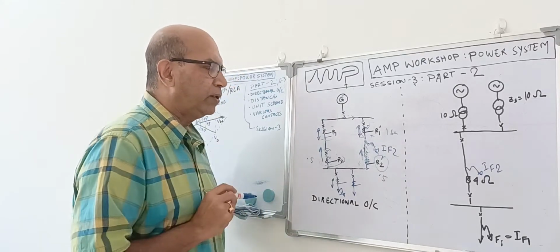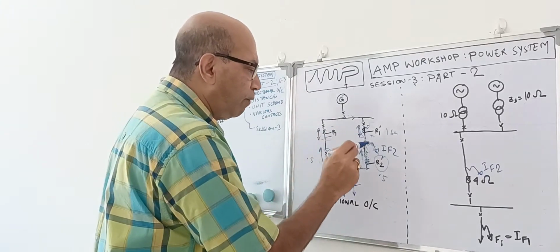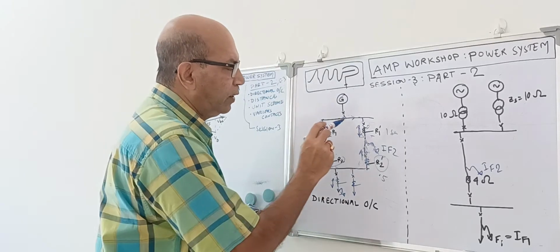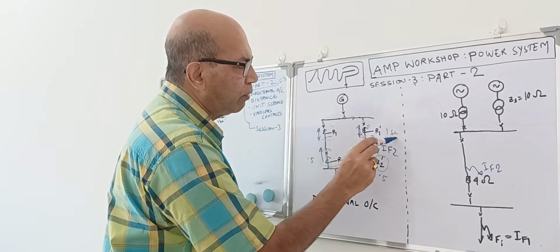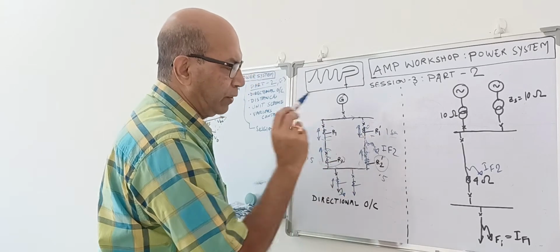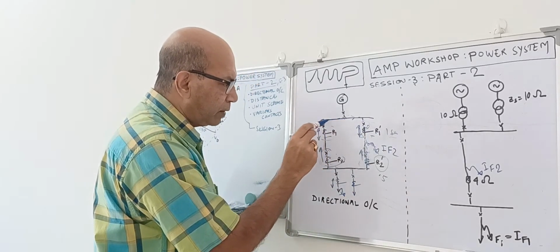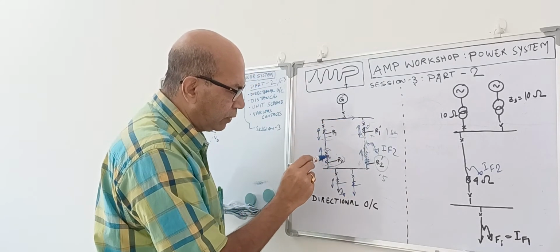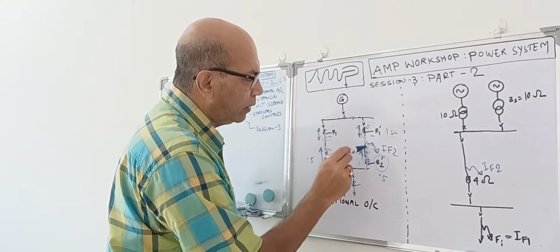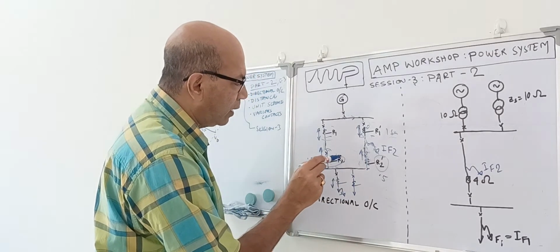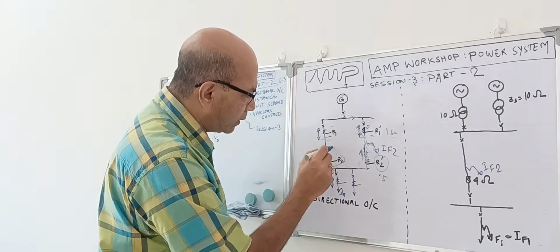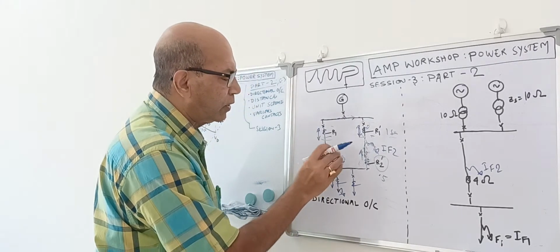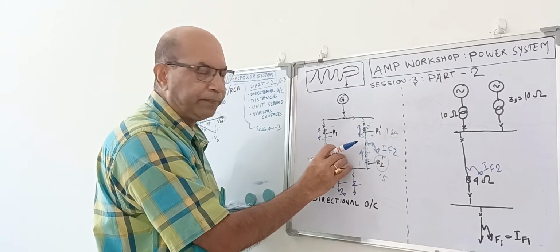If this is the case, then what will happen? Now when the fault is over here, this fault current will pass through this. It is non-directional, but its setting is 1 second. It will see the fault, but it will wait. And here what is happening? This current is coming through this relay and going through this way. Now this relay is looking only this way for current flow. But in this case, current is coming downward, so this relay will not see this current. It will not sense that current.